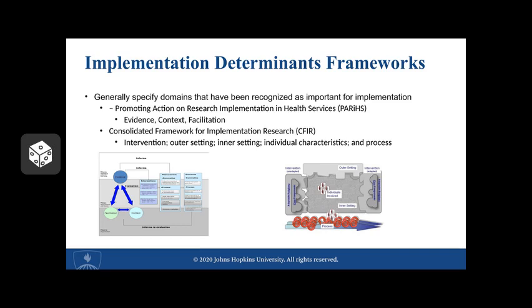So, for example, if you were to diagnose what is not working in your particular program serving adolescents either living with HIV or at risk for HIV, one can really diagnose: is it the providers? Are they not educated enough, are they not reimbursed enough? Is it the clinic in which they're working, is it the actual intervention, is it how they're messaging it? You can tease apart each of these elements into the underlying constructs. And then you can think about what you need to do better to align the promise of PrEP or ART, STI management, mental health support, community-based outreach with the promise of those particular interventions.